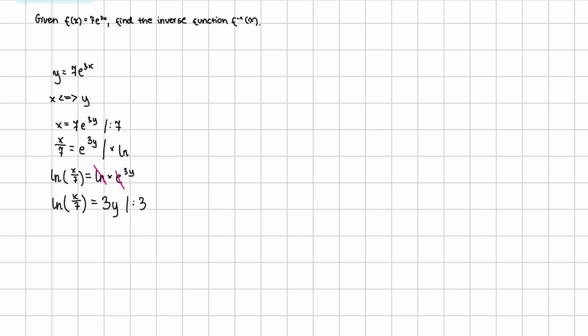So it is the same as multiplying by 1 over 3. So 1 over 3 times natural logarithm of x over 7 equals y. So our final answer is 1 over 3 natural logarithm, in bracket x over 7,